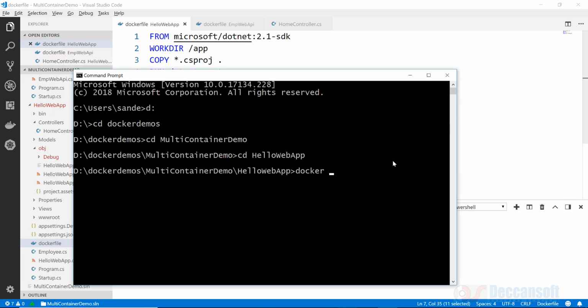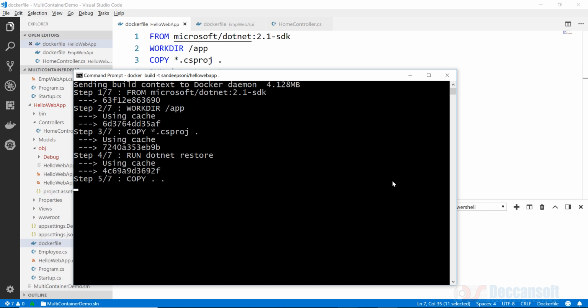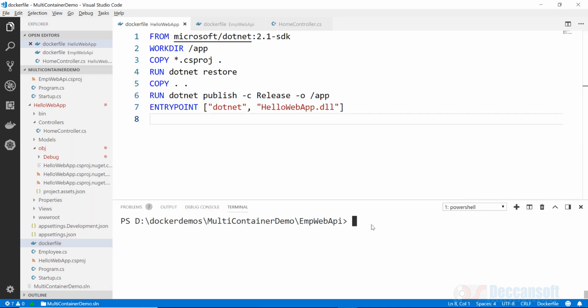All fine. So now docker build -t, same story, Sandeep Soni/hello web app and space dot, and we should have an image created here also. So two images are created. Now let's run this first. Docker run